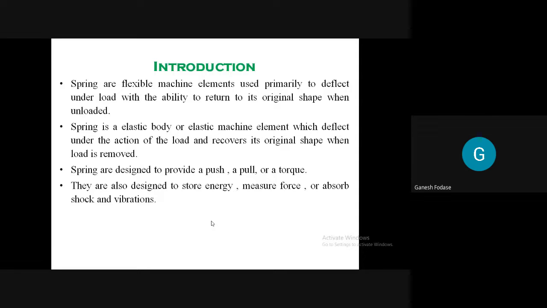Then to measure the force, I showed you some applications of how a spring is used to measure force. And the last one, to absorb shocks and vibrations. This is the most popular application of springs, used in two-wheelers and four-wheelers. Have you seen springs in shock absorbers? I hope so, all of you. Now we need to focus on the technical details of springs, how a spring should be designed. This is all about the basics of springs. Any doubt in whatever we discussed?